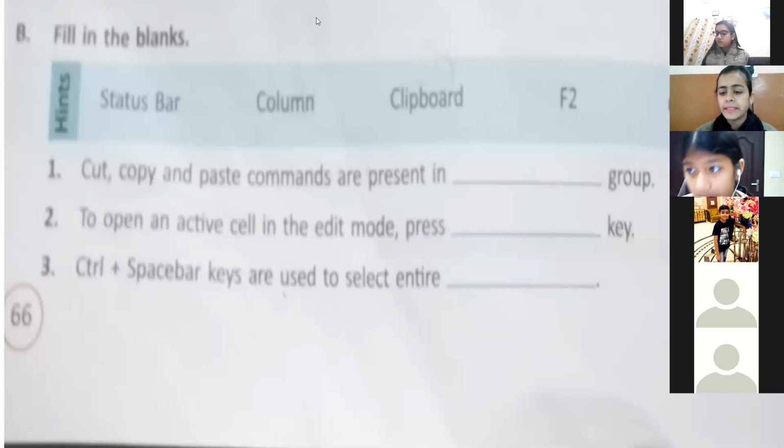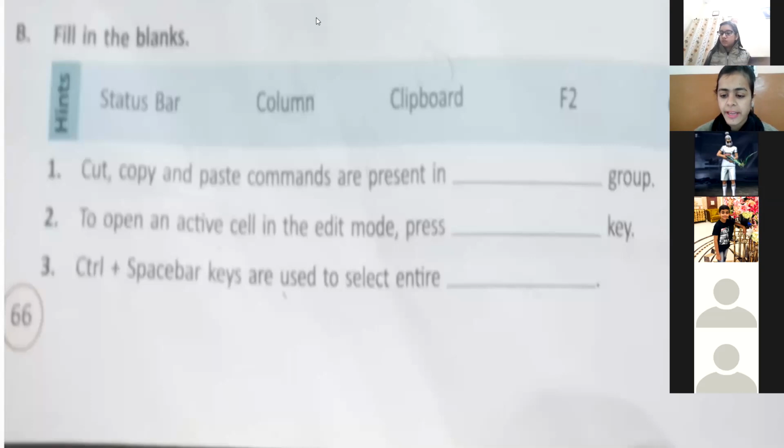Very good. Right answer. Cut, copy and paste commands are present in the clipboard group. All right, Jitesh, next answer. To open an active cell in the edit mode, press the F2 key. Very good.